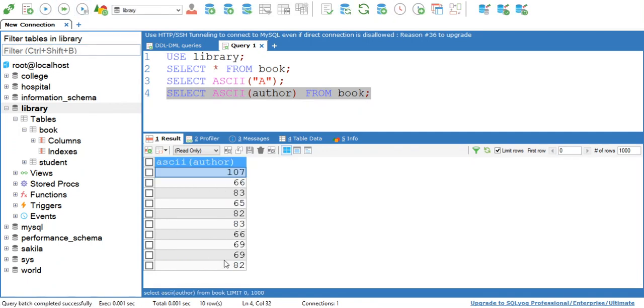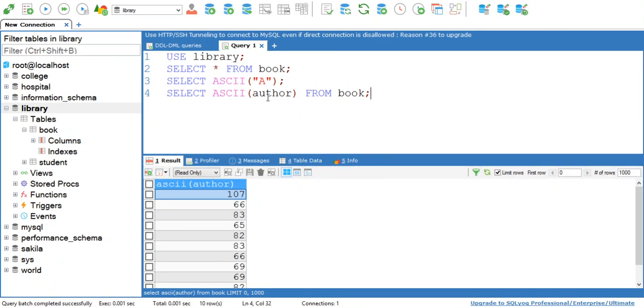You'll get this type of output. Okay, 107 is the ASCII value for k, 66 is the ASCII value for B, which is the first letter of the author name for the second book. So this is how we can display ASCII values from different strings.